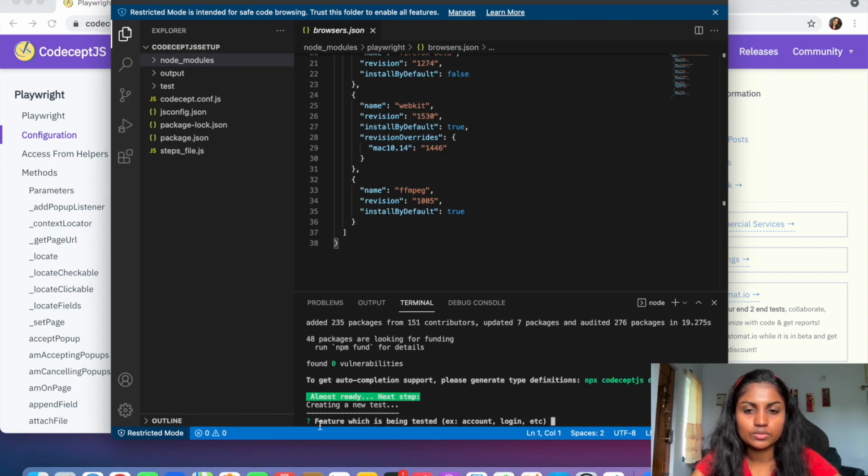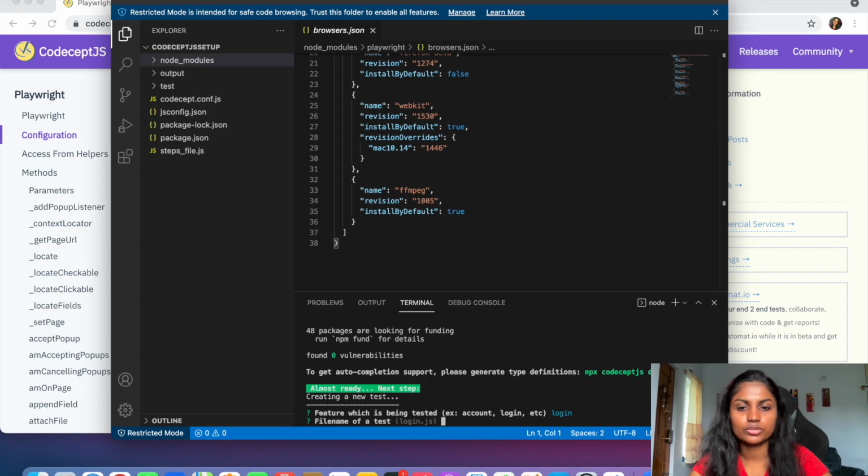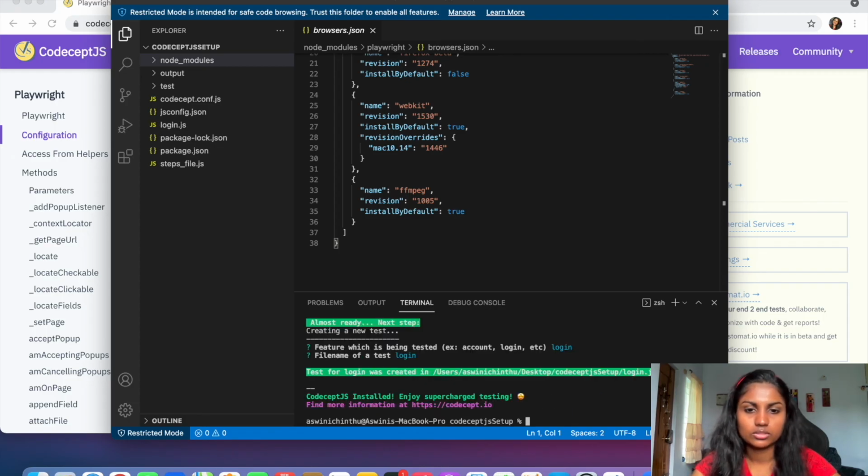Okay, now it is asking which feature you are going to create. Here you can give the feature you are going to create, and you can give the file name of a test. You can see CodeceptJS is installed, and we are ready to go with writing tests. So that's it, it's a very simple setup. Here, if you see,